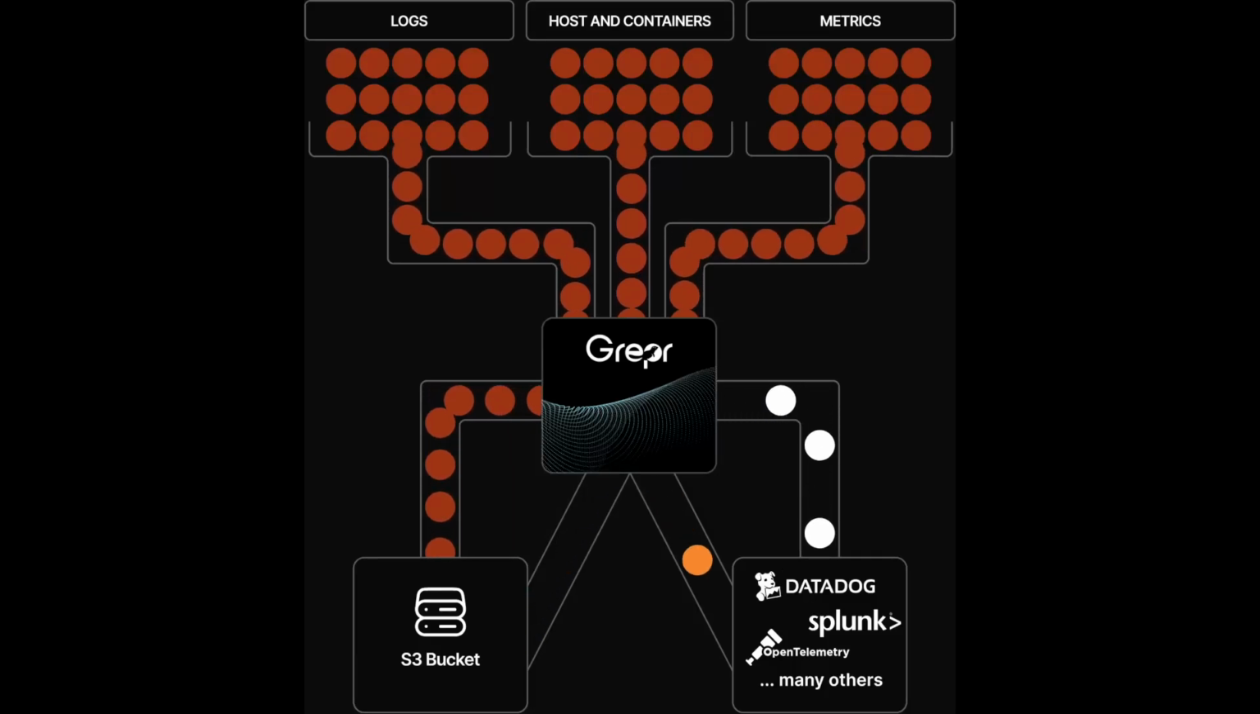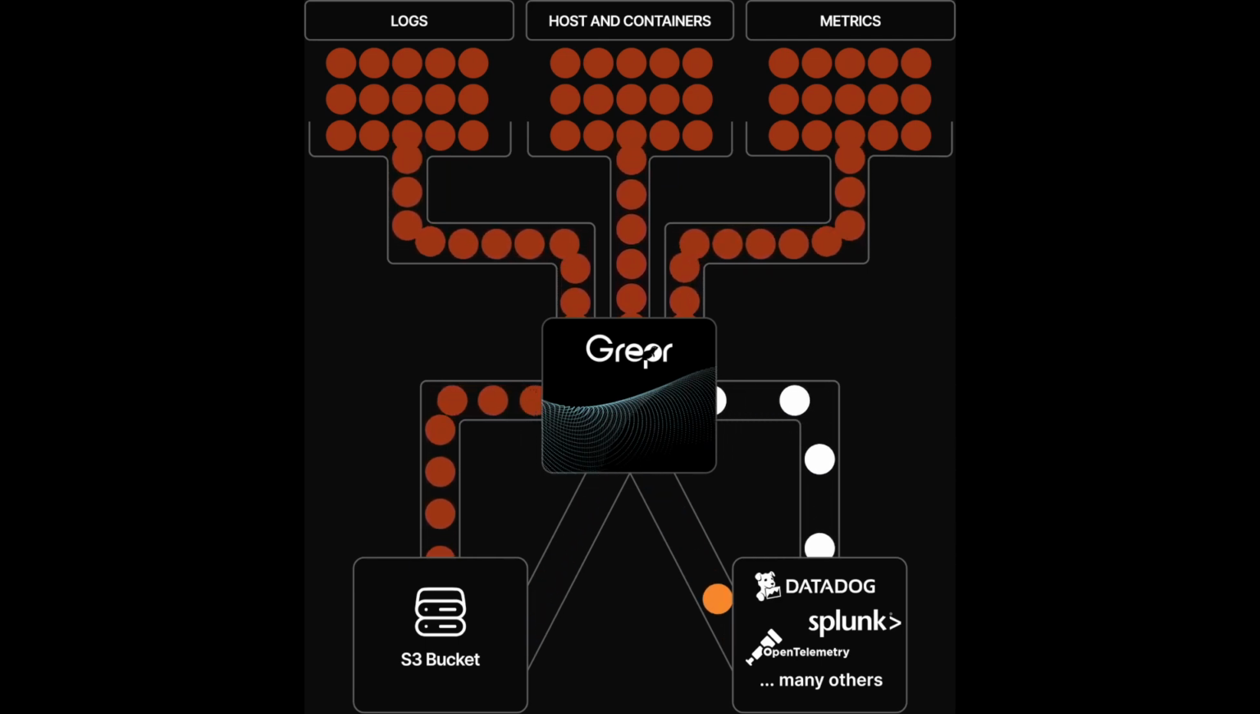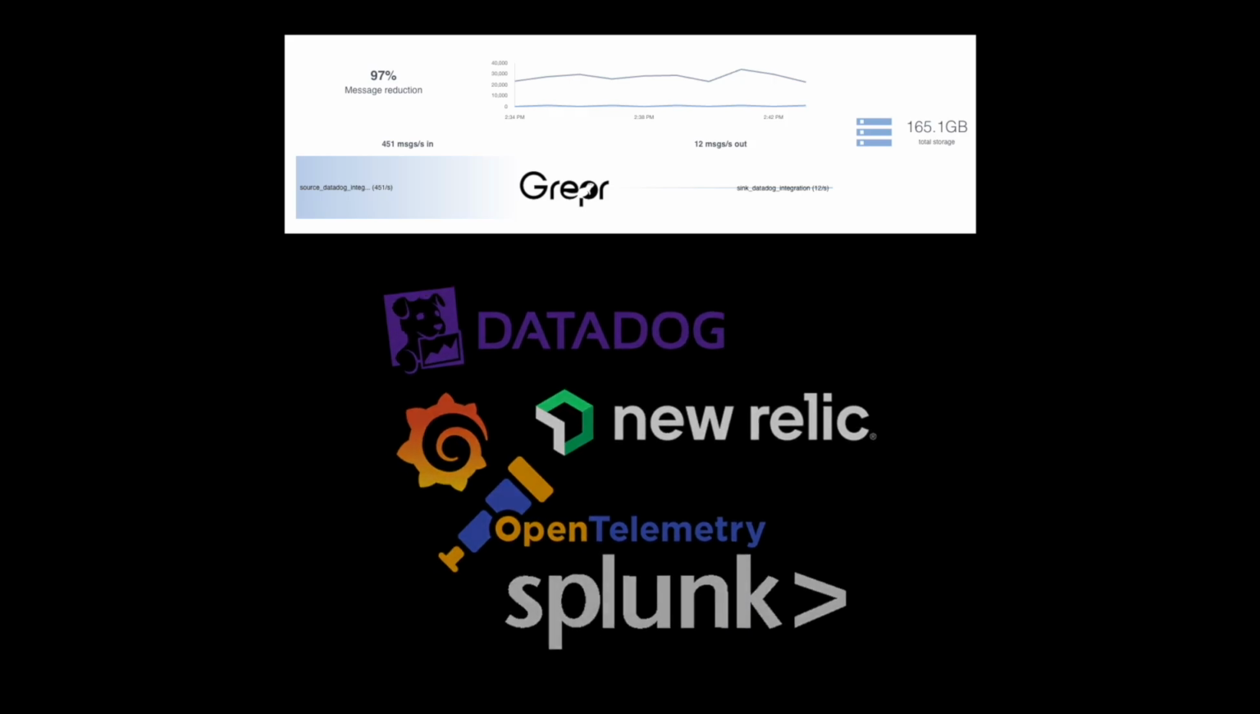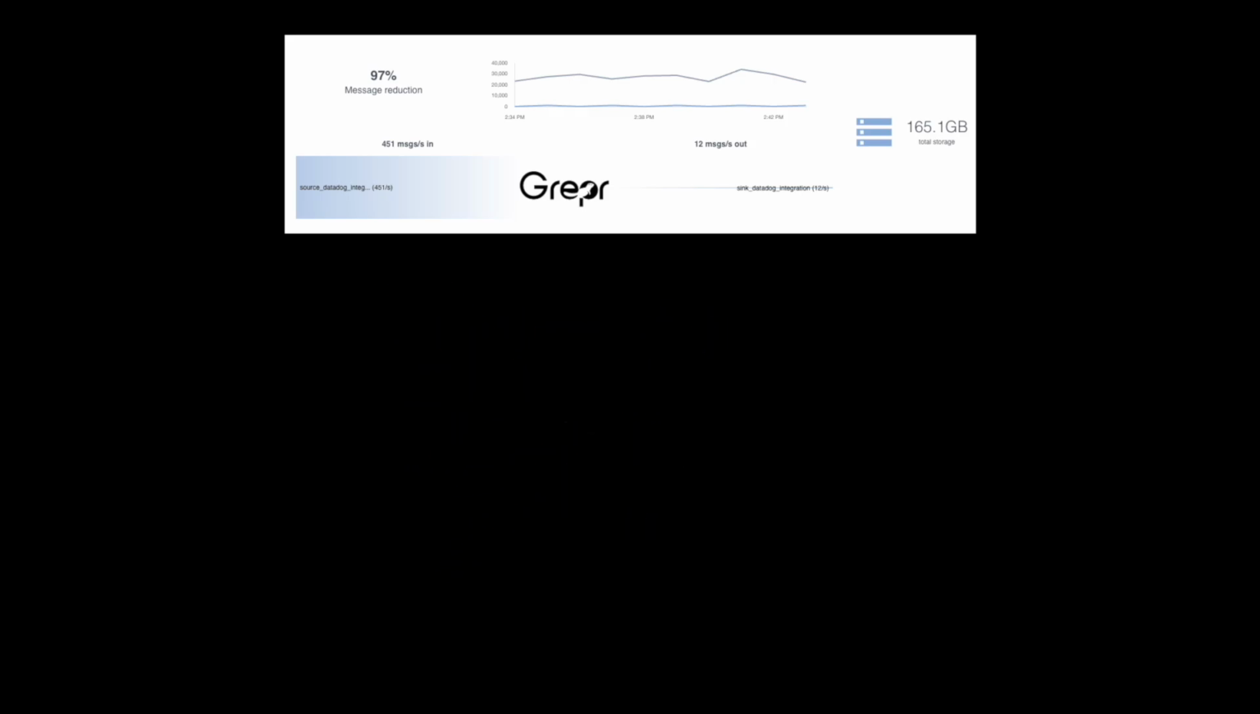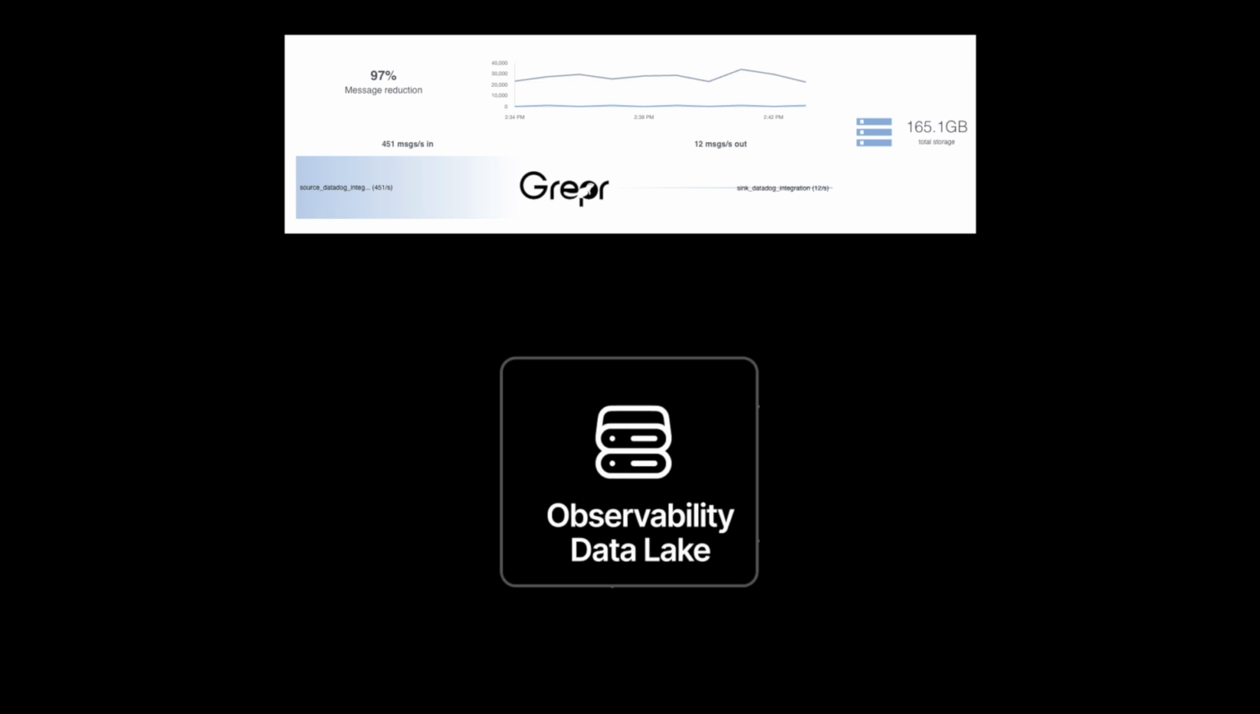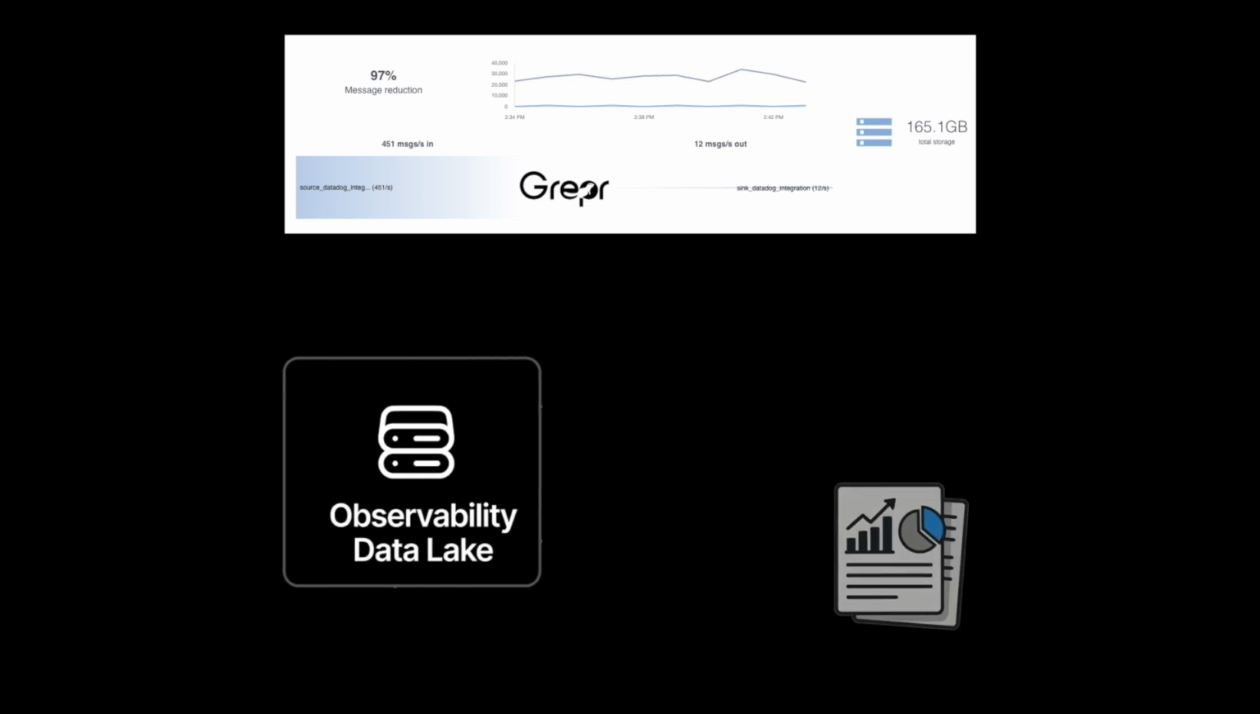Grepr is an intelligent observability pipeline that orchestrates data between infrastructure, applications, and observability vendors. Grepr deploys between your agents and observability platform, automatically transforming, aggregating, analyzing, and routing your observability data. Our customers use Grepr to slash observability costs by 90%, store data long-term, and unlock observability data for business reporting